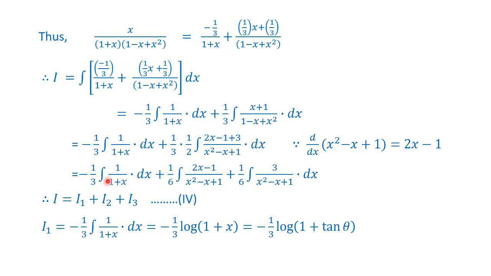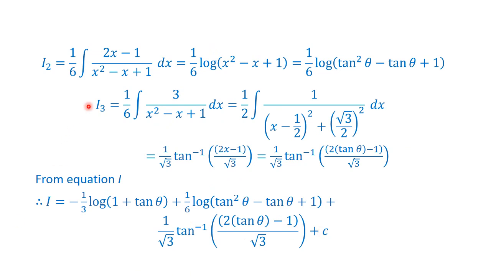Now separating the terms and naming them I1, I2, I3. Now for I1, I have told you it is very easy, it is equal to minus 1 by 3 as it is into log of 1 plus x. But what is our x? Tan theta. So log of 1 plus